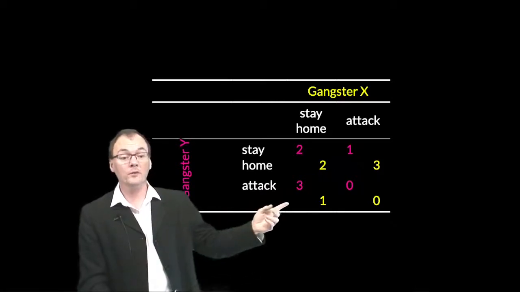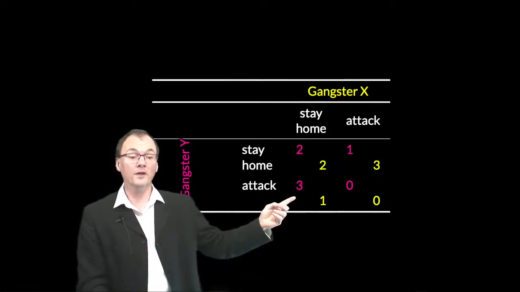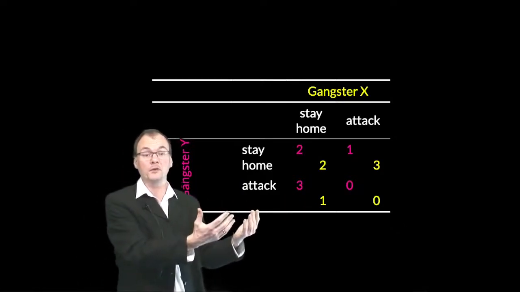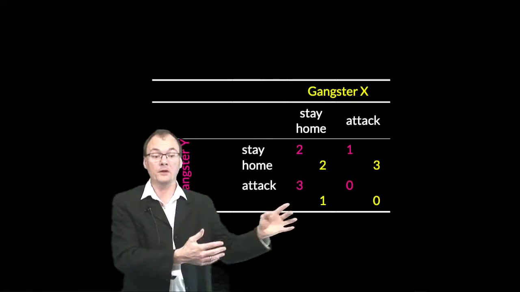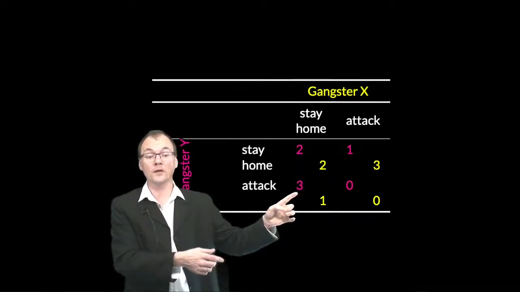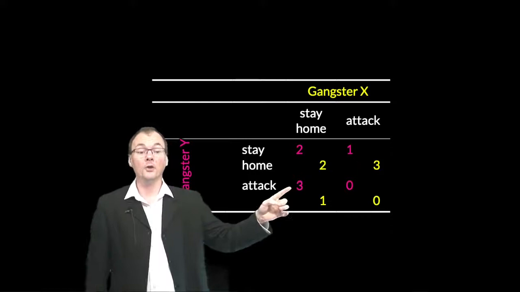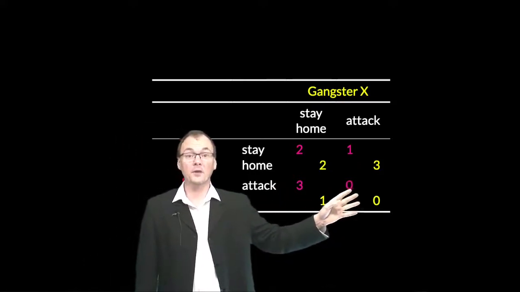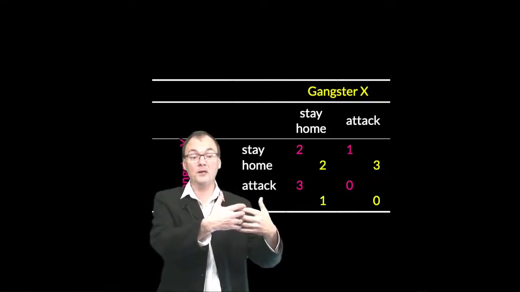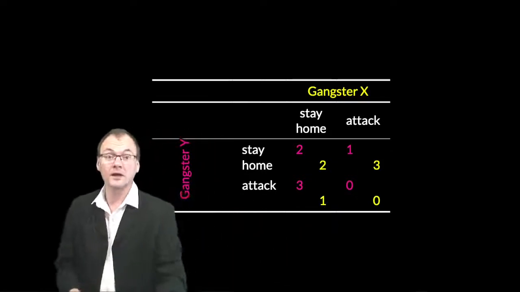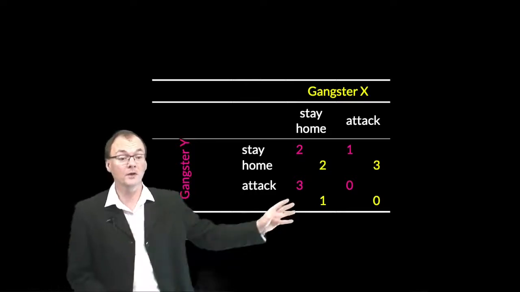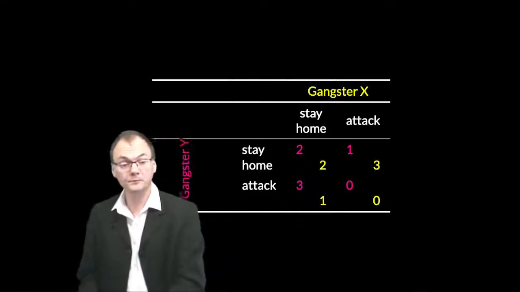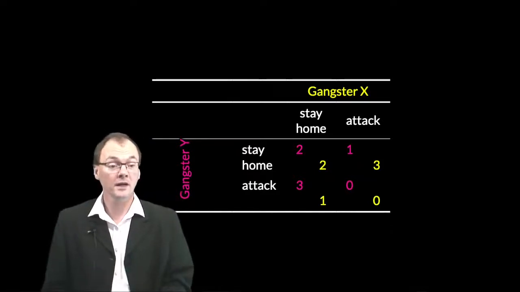On the other hand, one of them can decide to go out and attack the other. If the other stays at home, the attacking gangster will gain a bit of new territory and a boost to their reputation. That will go particularly well for the gangster who attacks, and badly for the one who stays at home, but not as badly as if they both attack. In that case they both weaken themselves, a third party comes in and takes some more territory, and they both don't look particularly smart. So this is the Hawk-Dove game.